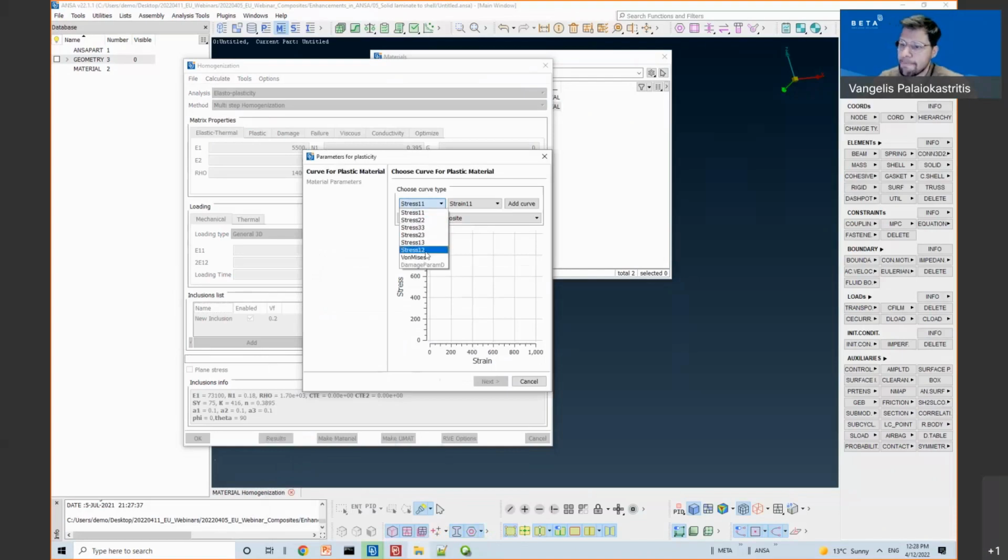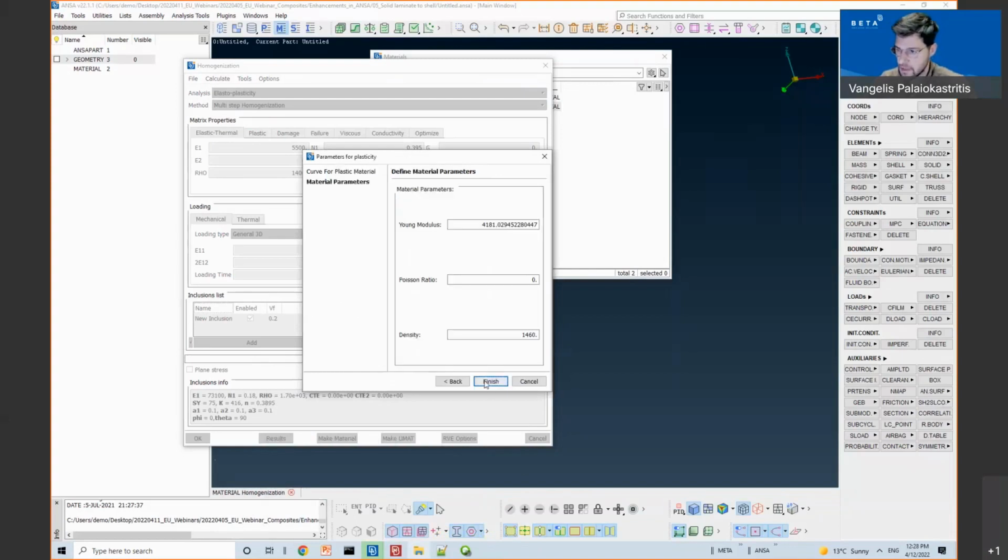So the material that will be created needs a curve to be assigned, a curve that will describe the nonlinearity. So I will add the von Mises curve of the composite. And the Young modulus is automatically calculated from the linear part of the curve.